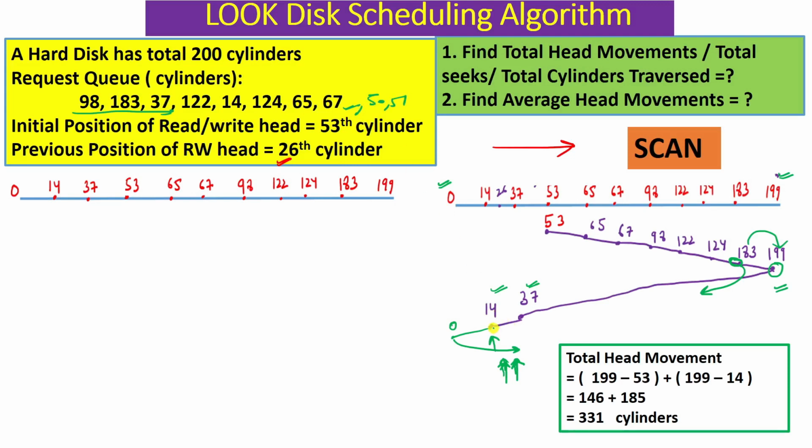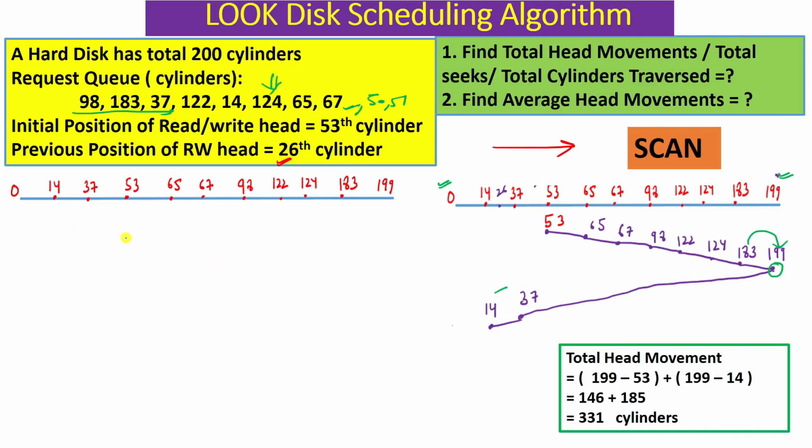After this 14 was completed, let's say there are some other requests, let's say 50 and 51. These requests came. So after 14, what we will do in the LOOK algorithm, we will reverse our direction from here only. We will not go to the last, or you can say end cylinder 0. We will just change our direction, and then we will complete 50 and 51. So this is the improvement in the LOOK algorithm.